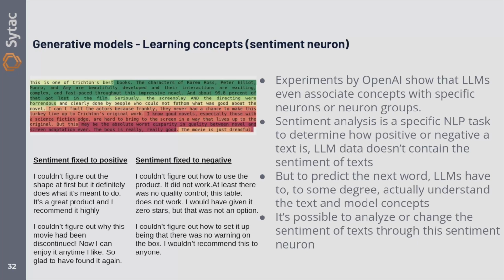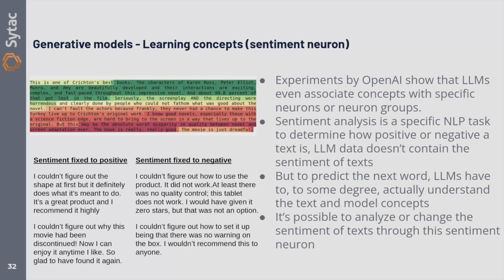But what we do see is that the LLM does model this task, right? So by building super powerful models and by layering them and by training them on huge amounts of data, you see a lot of emergent behavior. This is one of the examples: they were actually able to find the specific weight and piece of the neural network that understands the sentiment of the text, so that the model doesn't switch from negative to positive in the same sentence. Understanding the text also includes understanding the sentiment.